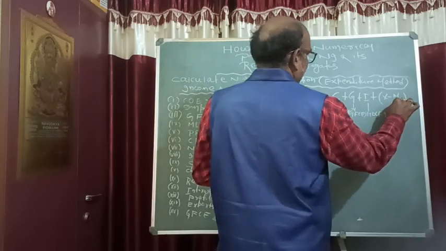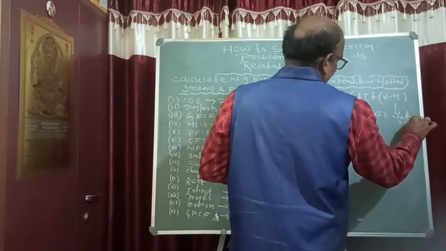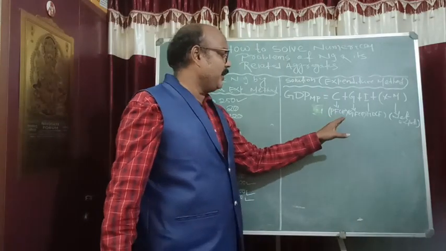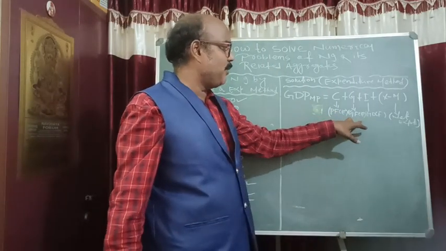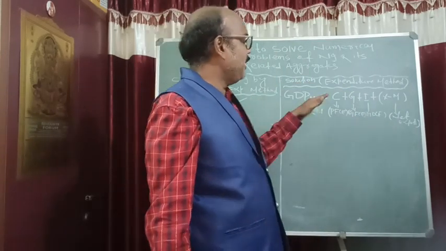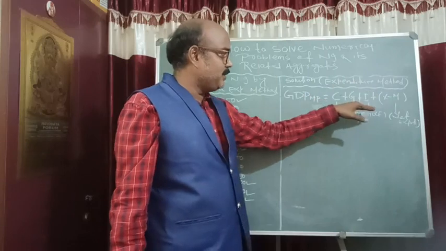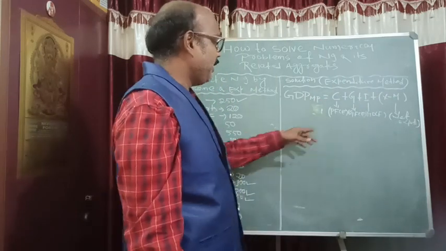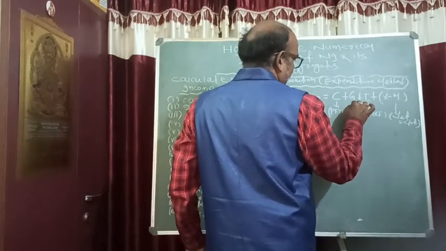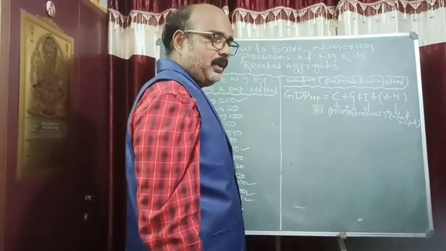formation. And what is your X minus M? X minus M is your net exports, that is your export minus import. You can write like this also, that is GDP MP is equal to PFCE plus GFCE plus GDCF plus net export. If you face difficulty in the terminology or the notation, the symbols, in writing this formula, you can write PFCE plus GFCE plus GDCF plus net export. You can write in this way also.